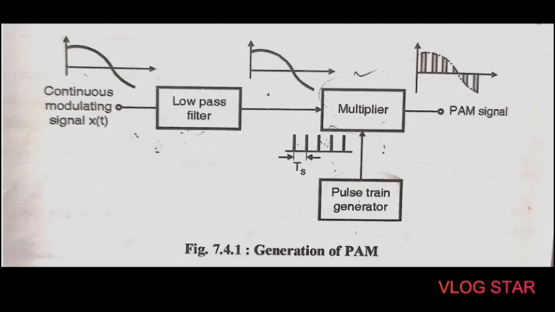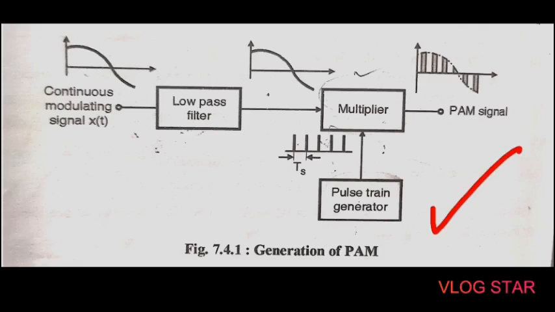In the PAM system, the amplitude of the pulse carrier is changed in proportion with the instantaneous amplitude of the modulating signal. So the carrier is in the form of a train of narrow pulses, which can be shown in this figure. If we compare the PAM system with the sampling process, you will find that these two processes are identical. The PAM signal is then sent by either wire or cable, or it is used to modulate a carrier. So this is the general block diagram of the PAM signal.